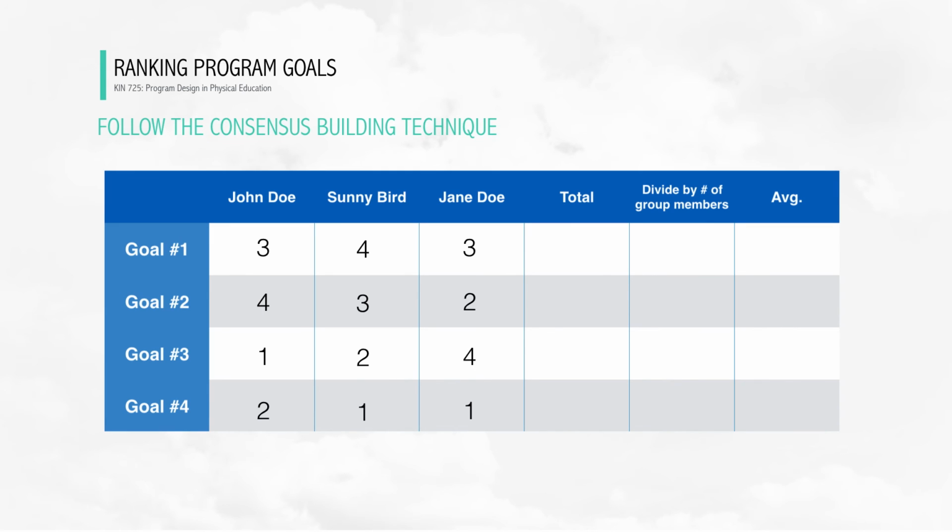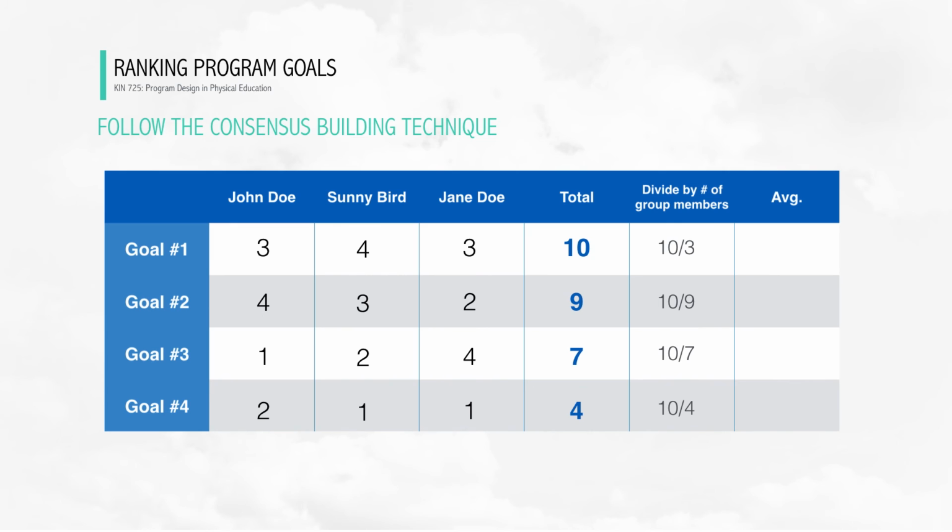Then you're going to compare how all of your group members rank the goals. So total the number of rankings once this chart is done. After each individual has done this, get together, compare, compile a chart with everyone's name on it, and total the rankings over to the right of the chart. And then to get the average, you're just going to divide the total by the number of group members you have. And the result is the average ranking of goals.